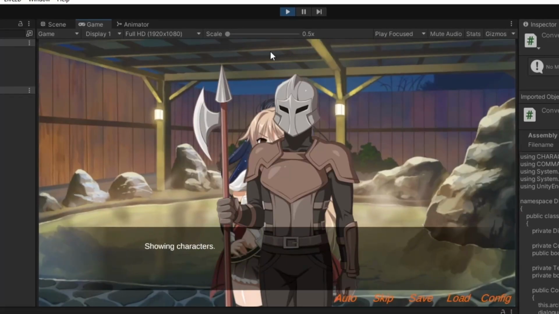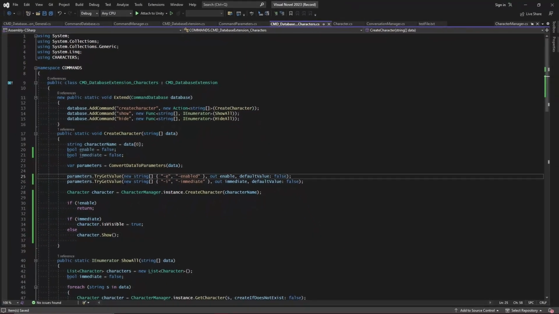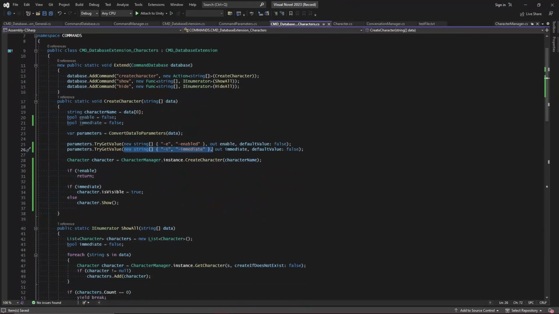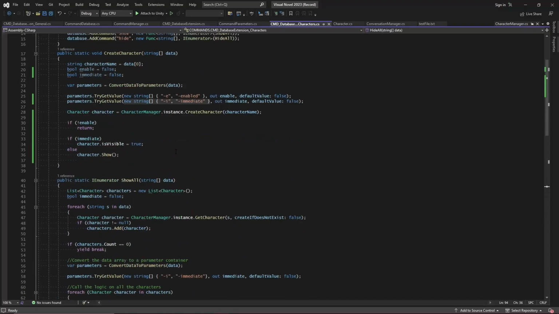There we go, and it does indeed work. So you can make these commands however you would like. Now, as we make more and more commands, you'll notice that I'm reusing some of these identifiers. Immediate is so far used in 3 different functions, and I can assure you it's going to be used in much more. So what I'm going to do instead is I'm going to take that value,